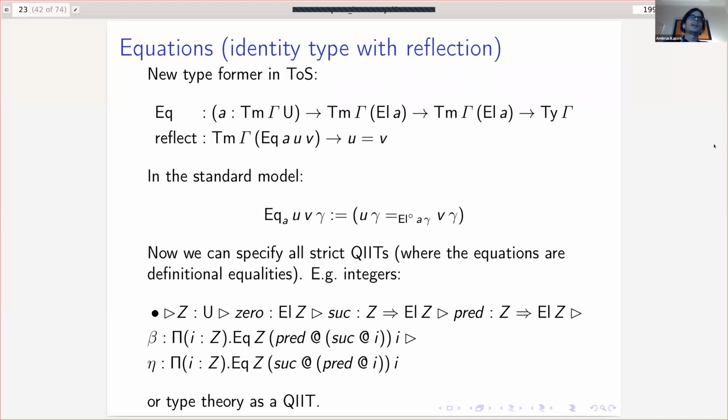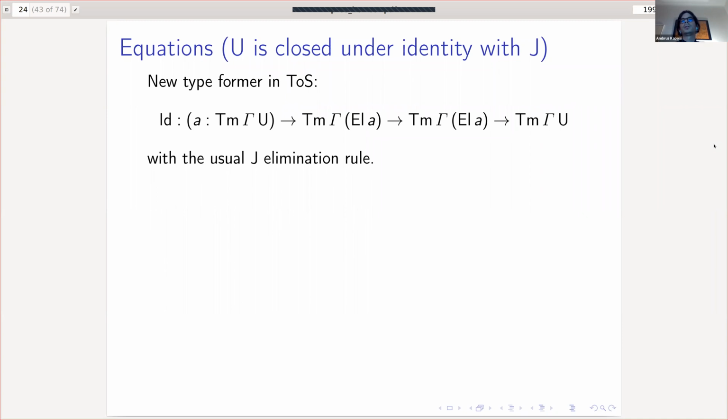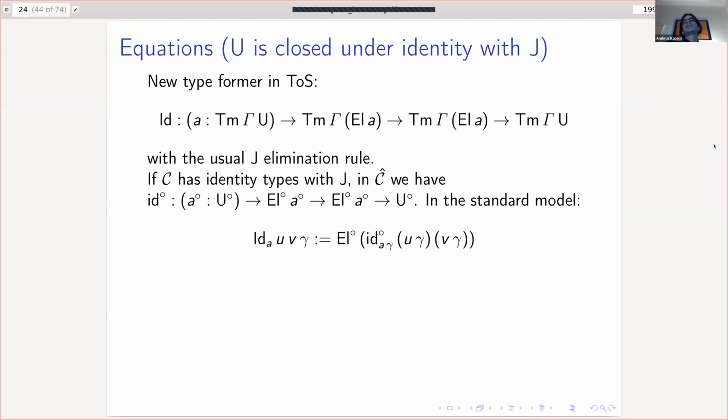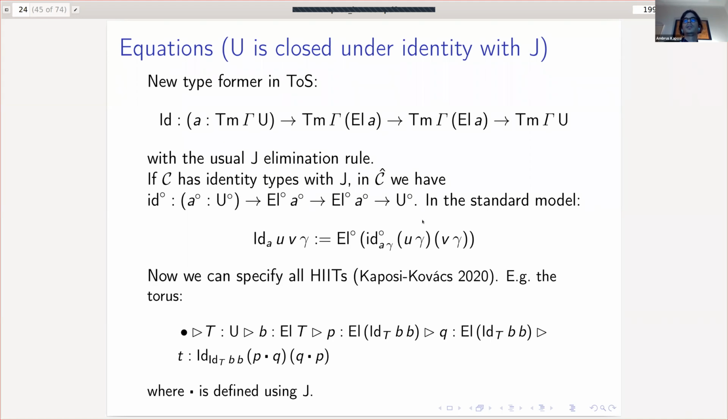So I can go a different way and not describe the EQ type, but the usual identity type with the J elimination rule. So here I don't need equality reflection, but for this I need to require that C already has identity types, and then I just interpret this identity type as the identity type in C. And with this, if I have this identity type, I can specify higher inductive types. So you can look at this paper for a description of this. So, for example, I can describe the torus,